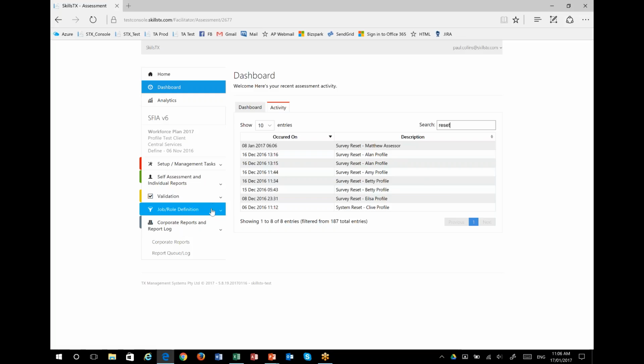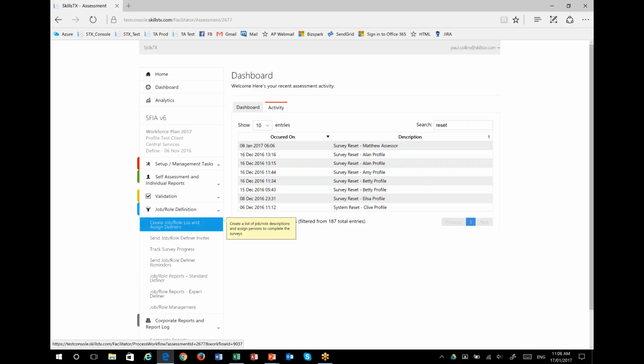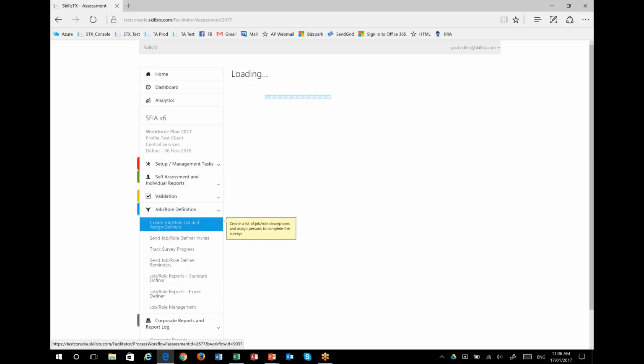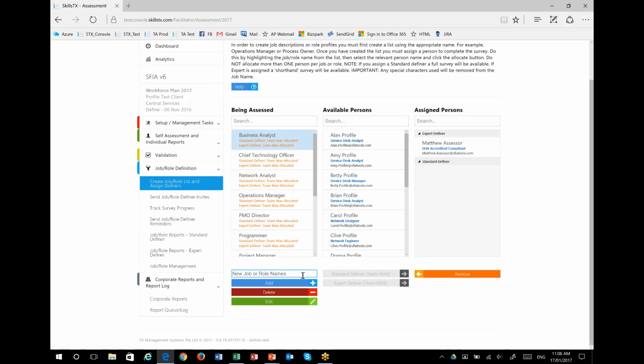Okay, if we go across into job role definition, we've added some checks and balances into the create job role list. So I'll just run through that quickly with you. Pretty straightforward. One of the problems that you could have had is if you created a list that had duplicate names. Previously the system would allow that, but then you'd have a bit of a challenge trying to work out which was which. So now, for example, if I try to add business analyst,